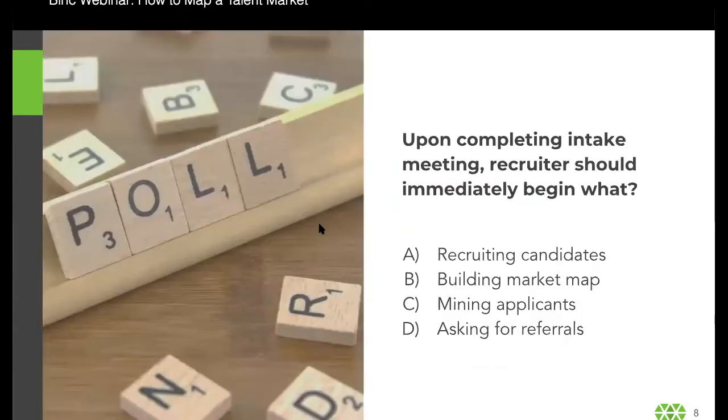So let's jump then immediately to our first poll question, which Kirsten here will kick off. And the question is, upon completing the intake meeting, the recruiter should immediately begin what? Okay, looks like answers are coming in, and by majority vote and the right answer, it is building a market